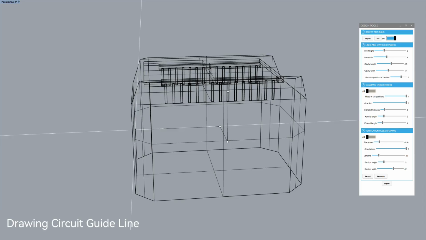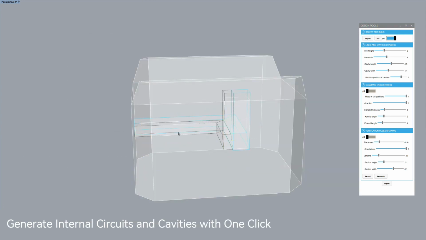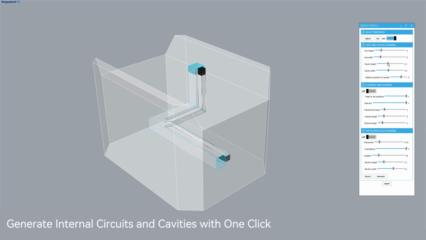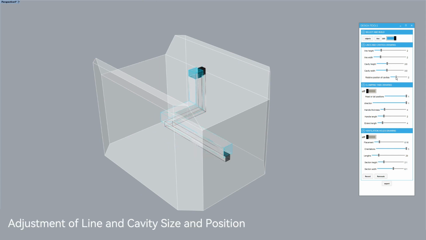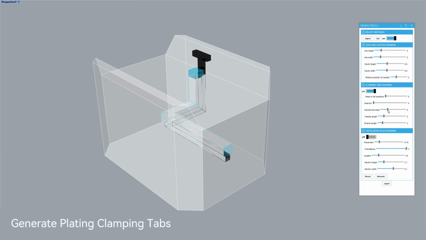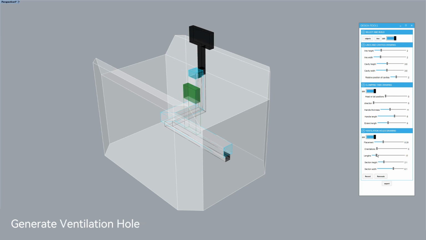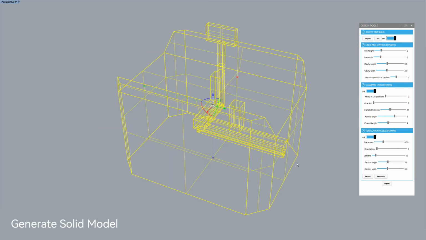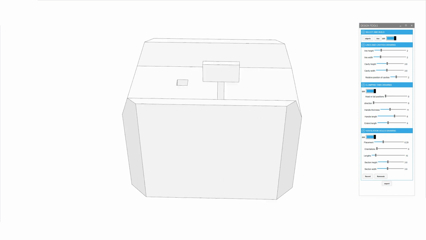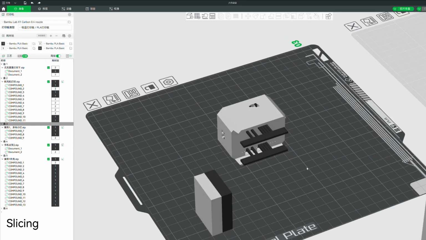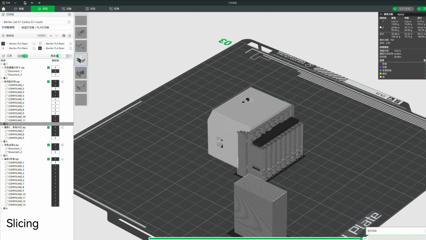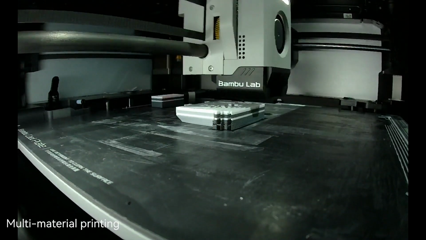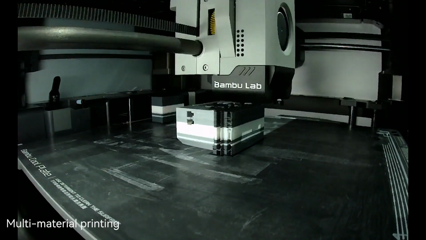We will now introduce the workflow of intercircuit. Users first import the basic model into the Rhino environment. Following this, users can employ our auxiliary design tools to help establish three-dimensional circuits. Our tools assist in modeling essential structures, including spatial conductive traces and their surrounding cavities, as well as support tabs and vent holes. Next, users employ consumer-grade multicolor printers, along with conductive and regular PLA, to complete the multi-material printing